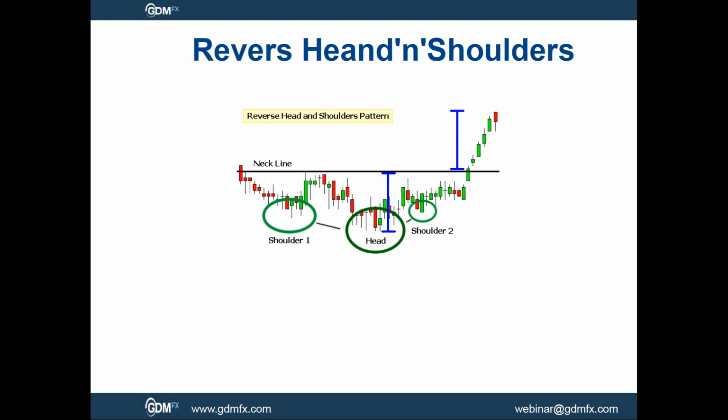One more time, the price will reach the neckline, try to break above it, but face resistance again. Then the second shoulder is created. Then we have our 4th point, when we have our created reverse head and shoulders. And to confirm the full formation, the next time the price should break above the neckline,